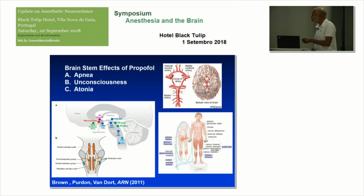At the same time, the drug is not just getting here, but it's getting to these other sites. In fact, the effect was probably first seen in the cortex because that's where those beta oscillations were generated. We can show you why that's the case mathematically, but just accept that little factoid for the moment. All right? And so that gives you a lot of insight into why you would produce unconsciousness